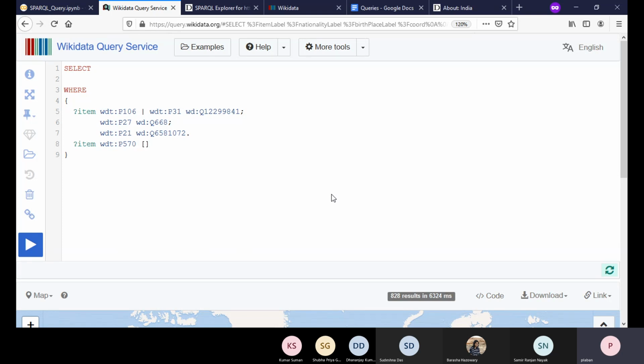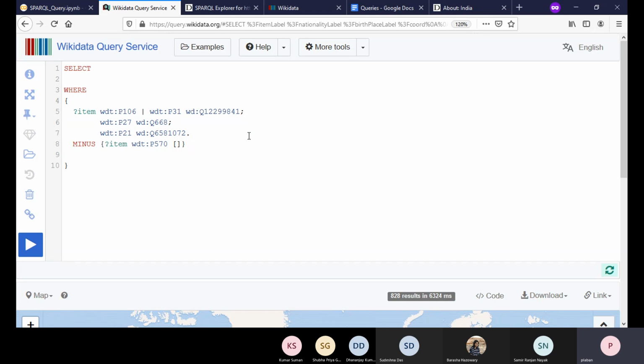P570, and just say nothing, right? So this is one way to say nothing. So this is a triple and I want to exclude this. And how do I exclude this? I just say minus, right? So if we execute this, this will give you the list of all the female cricketers who are living, right?